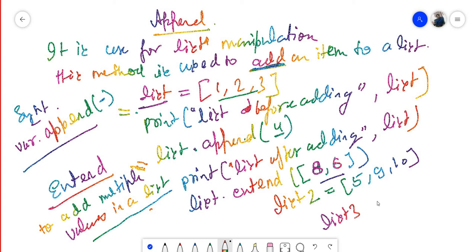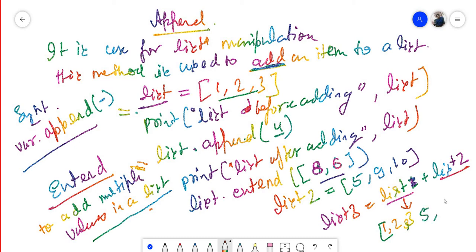List 3 is equal to list 1 plus list 2. Here the first list, whatever you want first, suppose 1 2 3, you write 1 2 3, and after that list 2, 5 9 and 10, this will print.